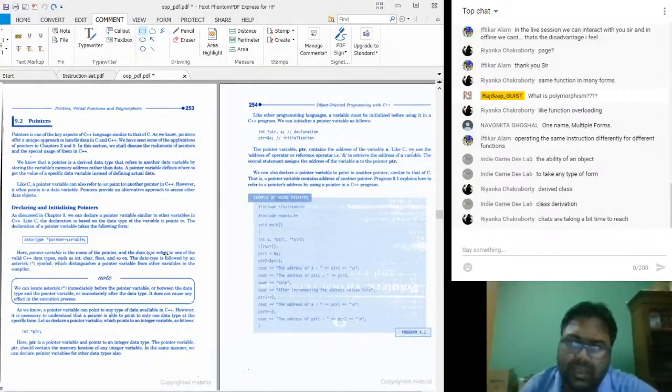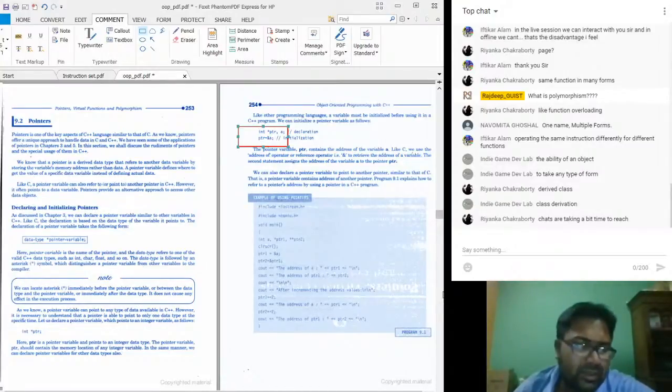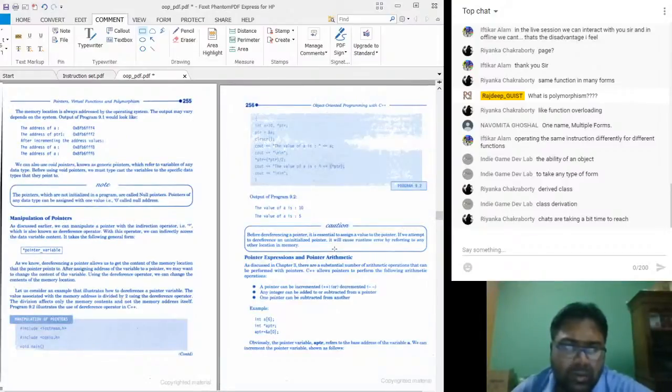I hope these things are not that difficult. All of you have gone through this. So what is a pointer? Pointing to the address of a particular variable. Here they have given the basic syntax. You have to use the star symbol in front of the variable which you want to declare as a pointer. And next, how you can assign the value: ptr = &a. These things are not that new, so just go through it once.